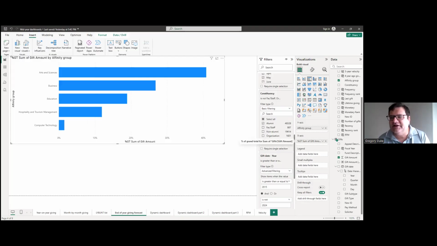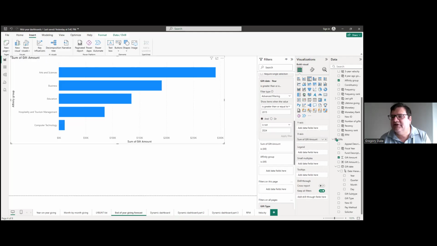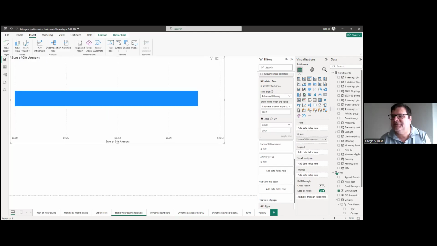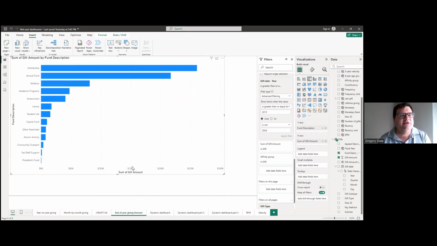We can look at this by percentage, but we can also show the value by node calculation, so we're seeing the cash amount. And having done that, now we can look at what alumni give to during that year. So I'm going to remove the constituent's affinity group, and I'm going to pull in fund description. So this is what alumni like to give to during the last 6 months of the fiscal. I believe we already had this up, but I didn't filter out for alumni.